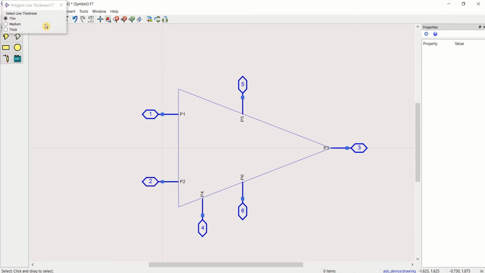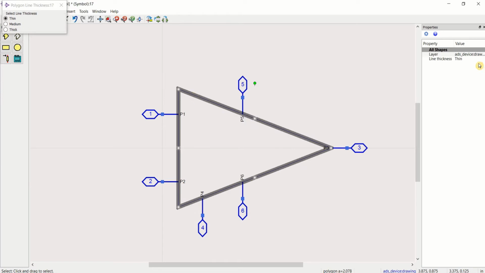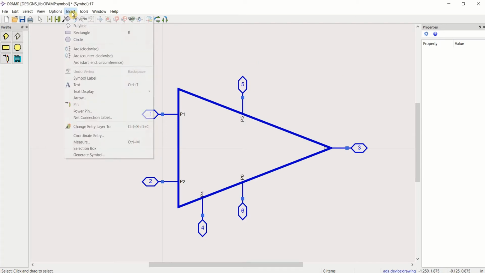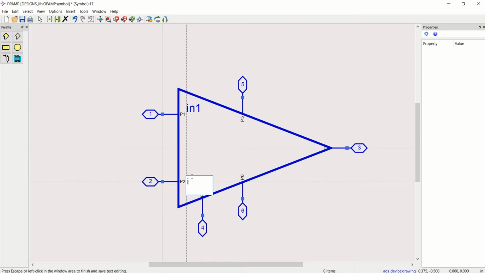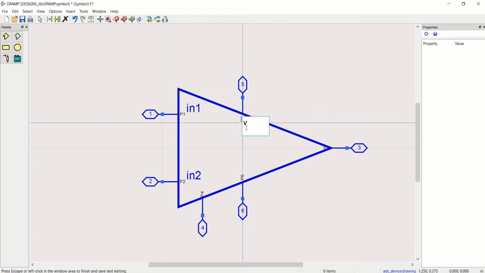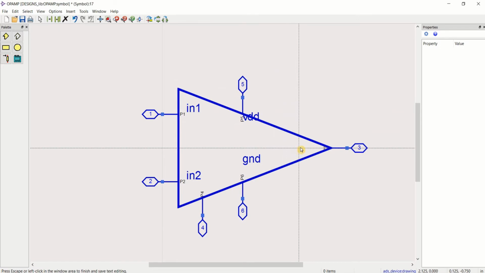You can place the text for better readability. Insert text, port 1 with in1, in2, this with VDD, ground, out, and V bias.